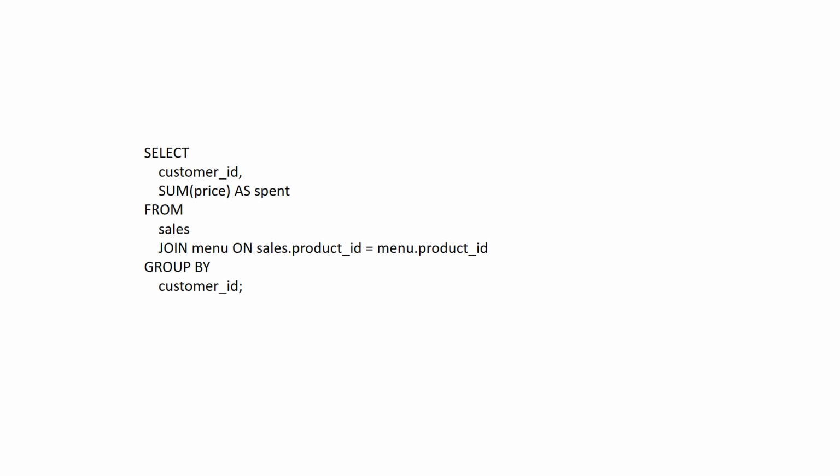So first part is I am selecting the customer ID and sum of price, as spent. I am using an alias. So what will this do? This will select the customer ID and total amount spent by the customer. That's why I have used the sum function here